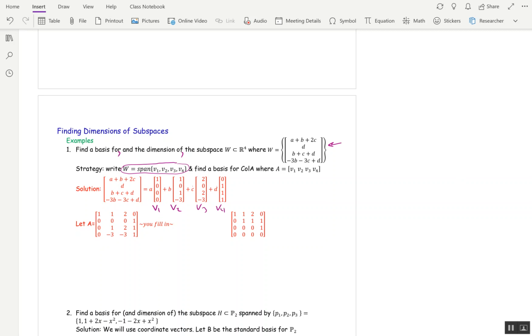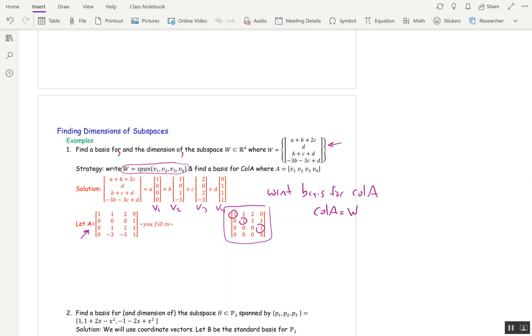And if I put those vectors in as the columns of a matrix and call it A, then what I want is a basis for col A. Because in this case, col A is exactly the space W that we're talking about. To make this lecture not so long, there's only a couple steps you have to fill in, but you should come up with this matrix here. And you don't have to go to reduced echelon, you're just looking for pivots. So pivot, pivot, pivot,